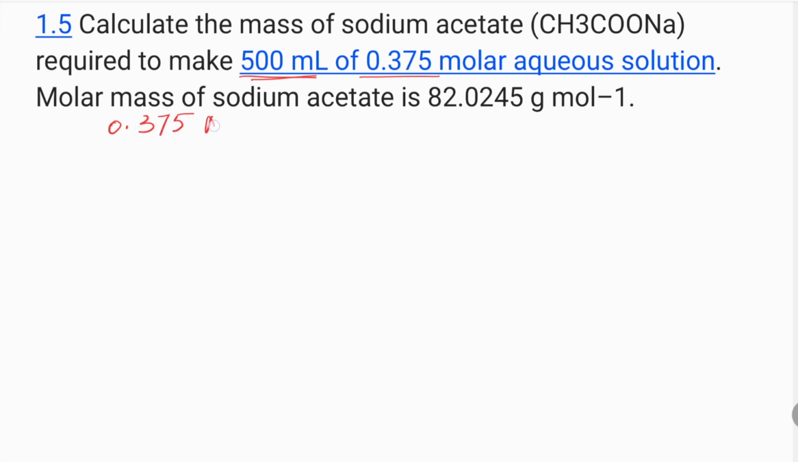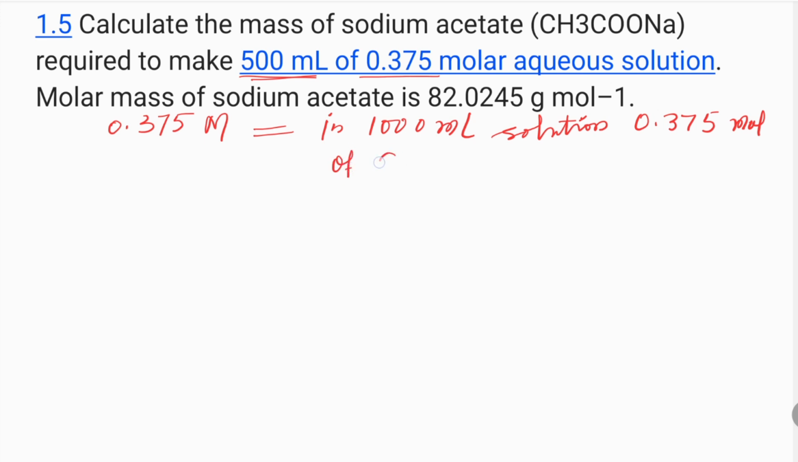0.375 molar means that in 1000 milliliter of solution, there is 0.375 moles of sodium acetate present. This has been given in the solution. So